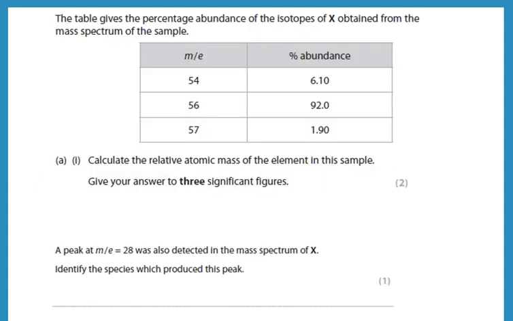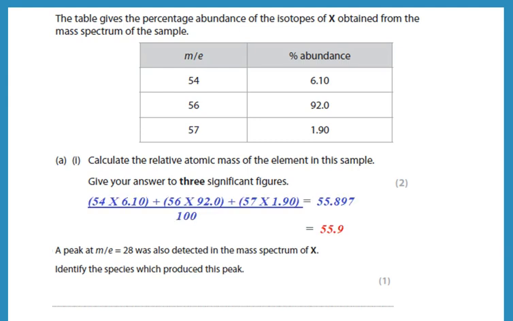For example, this was a question that says the table gives the percentage abundance of the isotopes of X obtained from the mass spectrum of the sample, and it says calculate the relative atomic mass of the element. Remember, we said how do we calculate the relative atomic mass? The mass times the abundance plus the mass times the abundance and so on. So if we calculate this, and it's an isotope of X, we find that the mass is